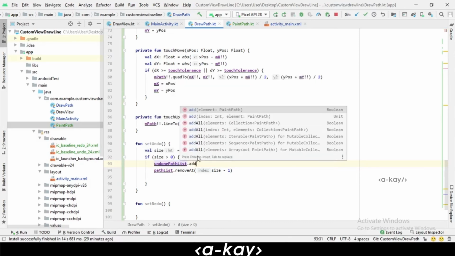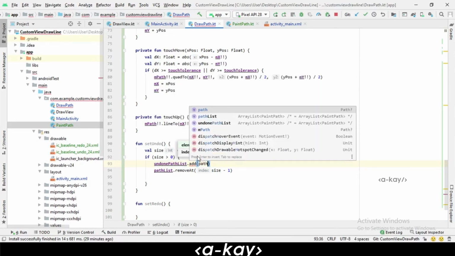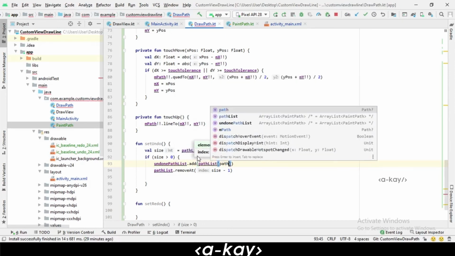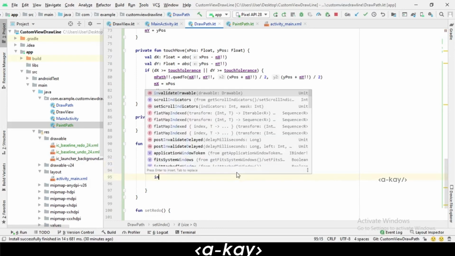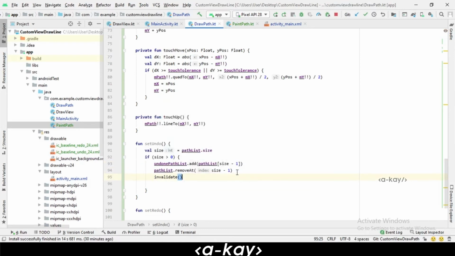Undone list dot add path list index of path list dot size, we can make it size minus 1, because we want to add our undone final path in, and also we want to call invalidate one more time, because we want to rerun our draw method.